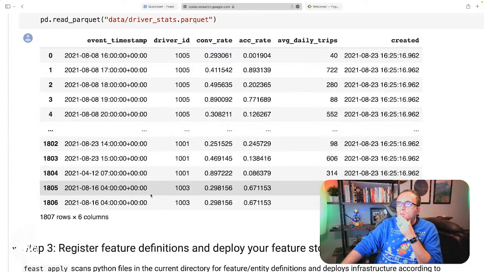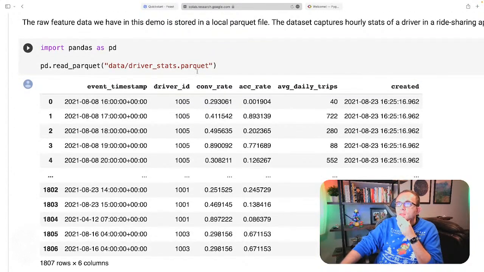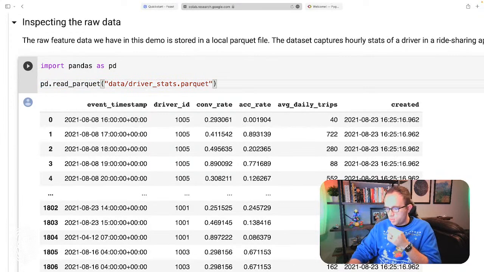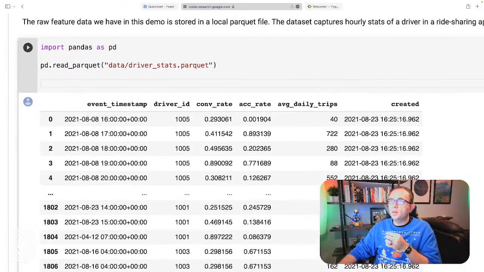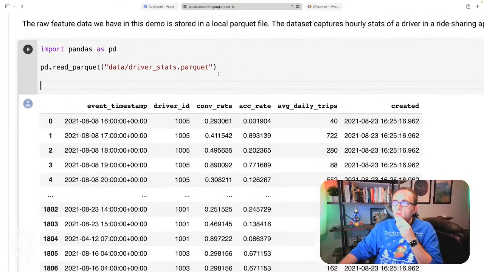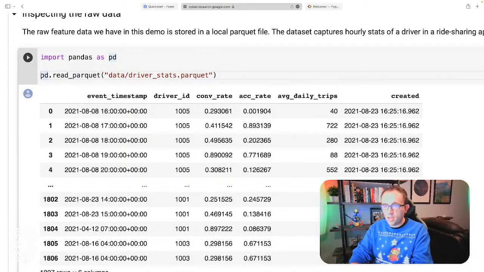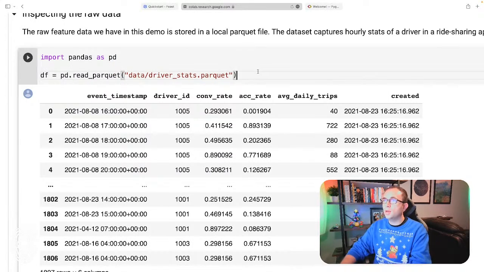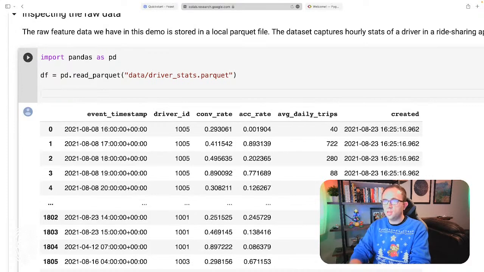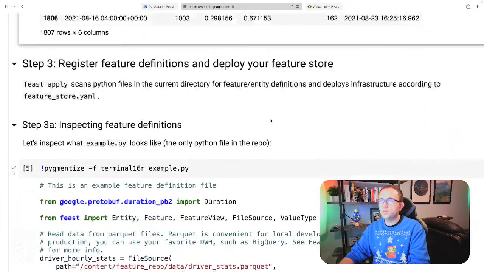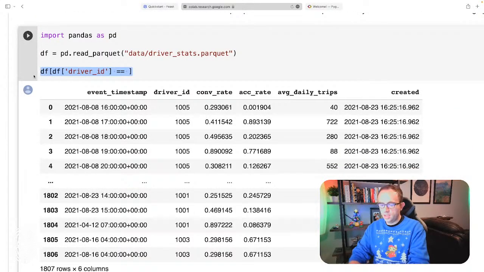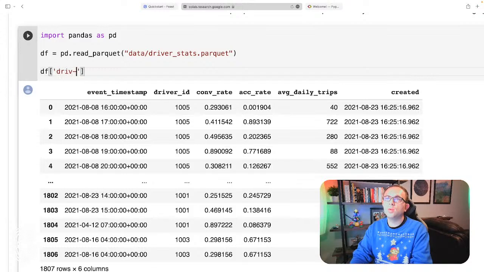Okay, so we do have a couple driver IDs in here. And in fact, let's explore this data a little bit more here. I know that we just did the pd.read_parquet here, so let's actually call this DF because I want to explore the data a little bit to understand what it's doing better. All right, so we instantiated that there, so we're gonna say DF driver